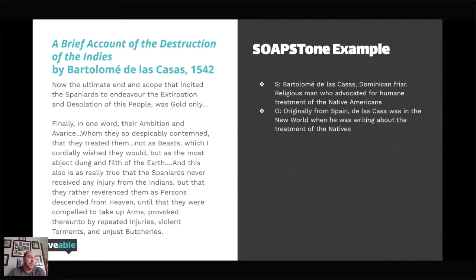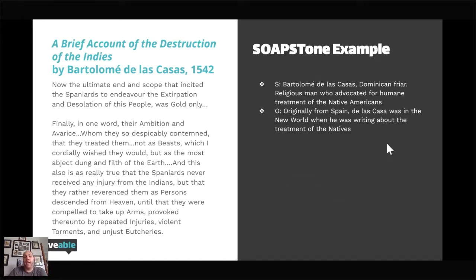The occasion, I don't think would fit here. This would be more about origin. And so de las Casas was originally from Spain, but when he's writing this, he's in the New World. Okay, this is a firsthand account of what he has seen the conquistadores treat the Native Americans like. And so that's a very big thing to give you an idea of why he's writing this as well. Because if you were there witnessing this and you believed that people should be treated humanely, you're going to want everybody to know how they're being treated and why they're being treated the way they're treated. Because otherwise, why are people going to listen to you?